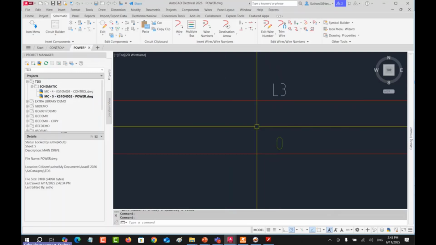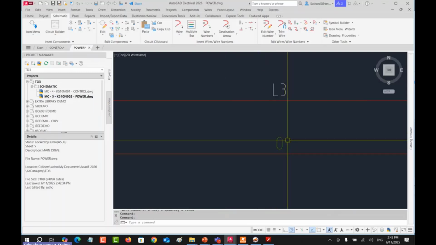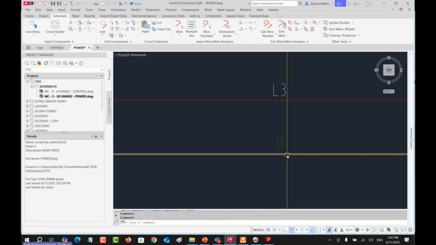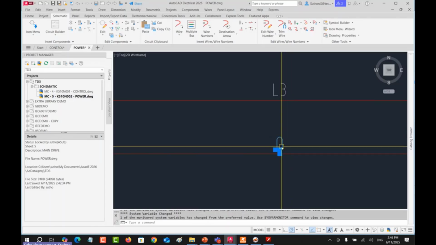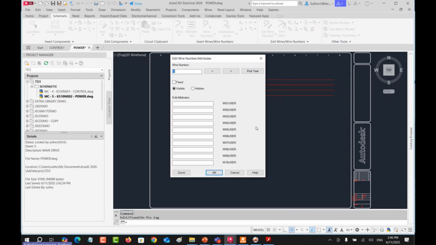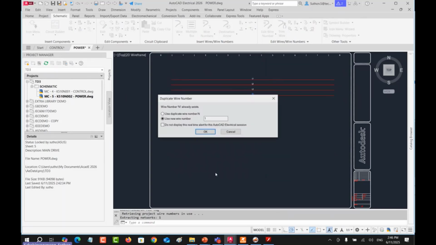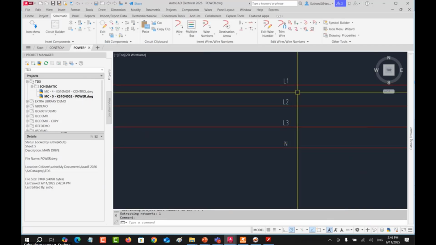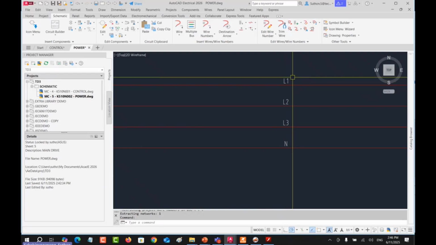So the system takes it as 0 instead. But don't worry, you can change it, edit wire number to number n. Okay, duplicate wire number n. You can still insist on your requirement.